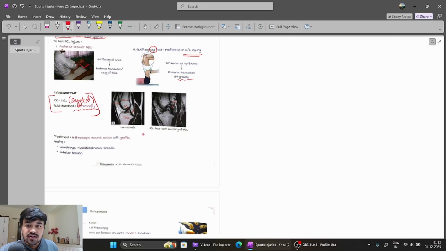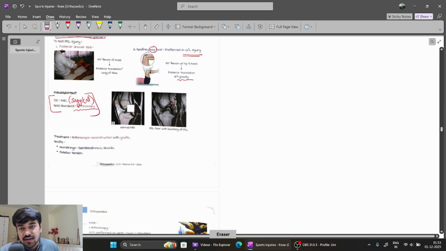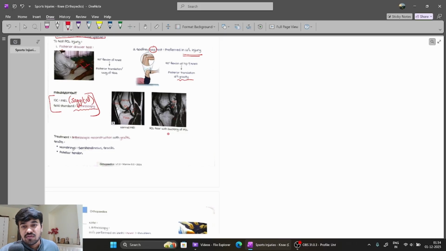of the knee joint. So as you can see, this is the femur, this is the tibia, this is the patella, and this dark structure is the anterior cruciate ligament, right? So that's how it looks, and this structure is the posterior cruciate ligament. So you should be able to make out the ACL and PCL on a sagittal view MRI of the knee